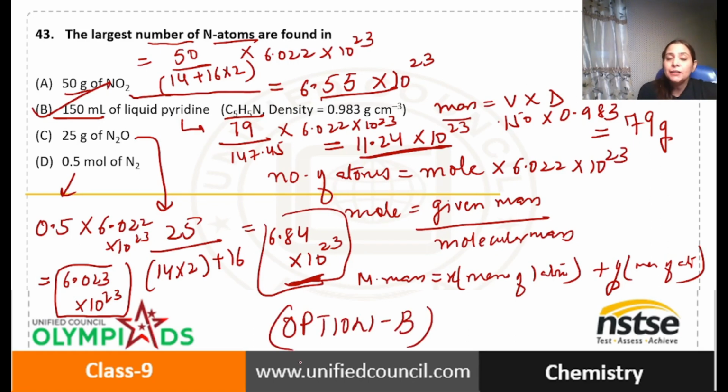And the other easiest way is just find their number of moles, because here they haven't asked you to write the number of atoms. You don't have to find the correct number of atoms. So if you find the number of moles, then you can easily have your answer, because a molecule which has more moles is definitely going to have more atoms. So that way also you can do it. To avoid such big calculations, you can just find the number of moles, and a molecule which has more moles will definitely have more atoms.